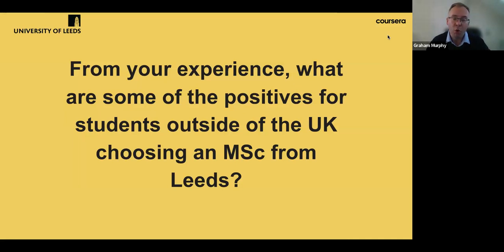But more than that, the university has a very wide range of expertise in data science across a number of different applications. And we like to think that that's something within the discipline that we can bring to this degree, perhaps through the projects that are run by, we're partnering with our Institute for Data Analytics. And they bring together knowledge from a whole variety of areas and research across the university that have a data analytics element. And they're bringing that into this degree. So I think all of those are some of the reasons why we think Leeds is a good choice. I would have to agree.